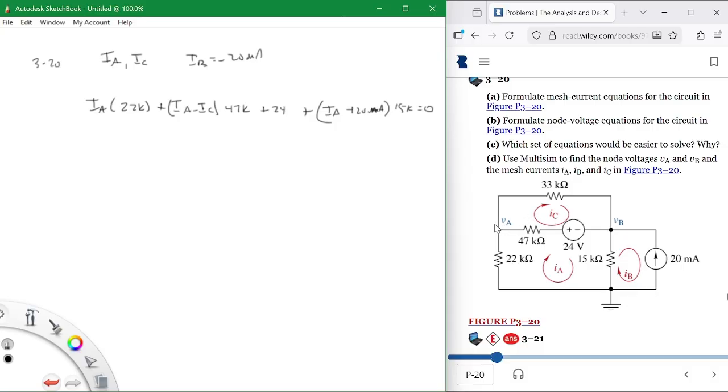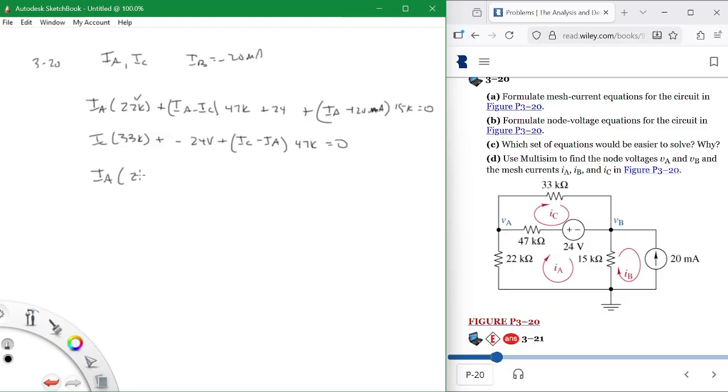Start right here. IC times 33K plus, or minus a minus 24 volts, because I ran into it from the minus side, plus (IC minus IA) times 47K equals 0. Now you solve for IA and IC and you're done. Okay, so IA,